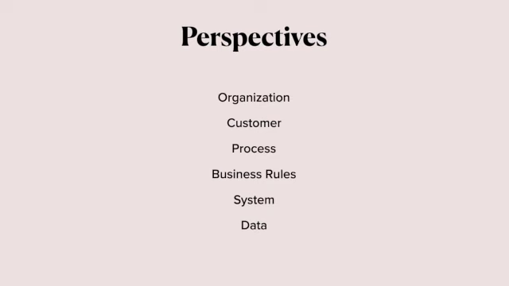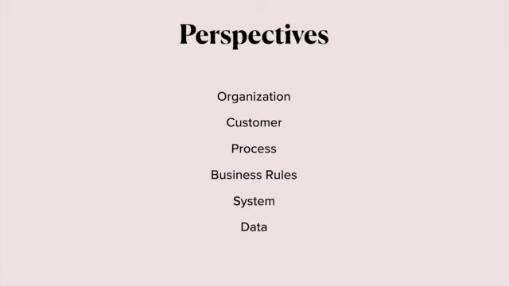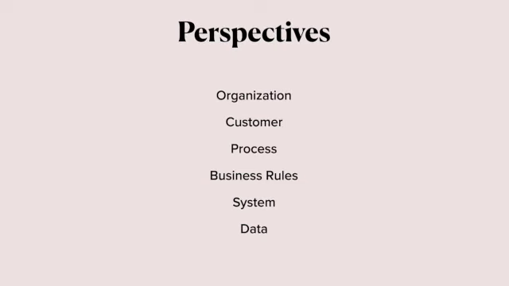a story. We kicked off January with Perspective 1, the organization, where we learned techniques around the business model canvas, functional decomposition diagramming, and value stream mapping. In March, we moved over to Perspective 2, the customer. We discussed why a focus on the customer is important, and we learned about customer journey mapping.